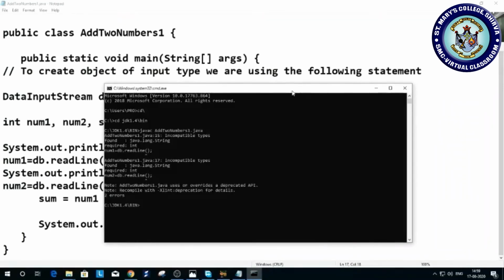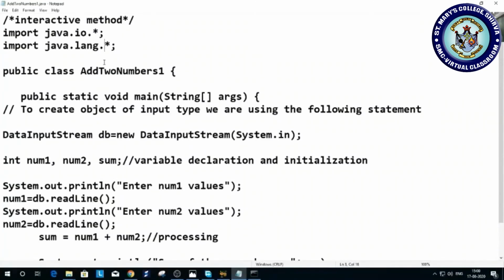You just see here a lot of mistakes we are identifying in our program. So we have to make some corrections. Here it is showing lang.String is missed, java.lang.String.*, as well as db.readLine of System.in.